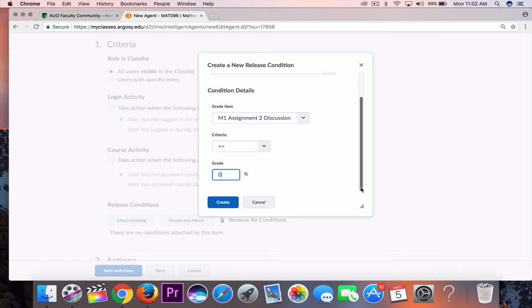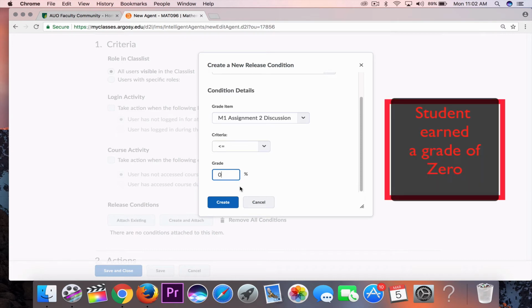Very often students will see the Assignment 1 where we introduce ourselves and think they're done with discussion boards for Module 1. So that's my goal today. I'm going to hit create,